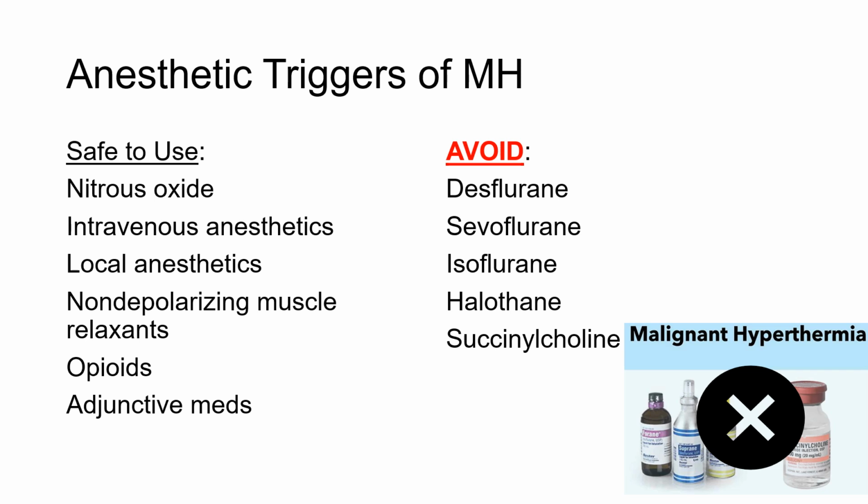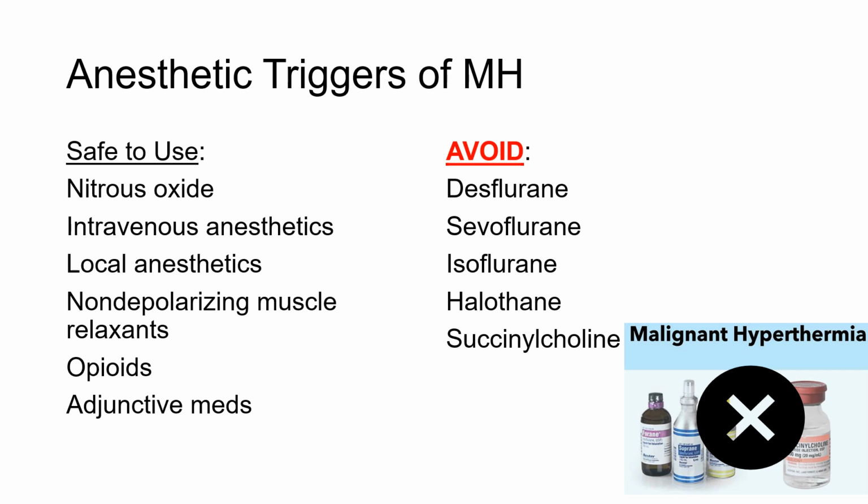So as anesthesiologists, what do we absolutely need to know about anesthetic triggers of malignant hyperthermia in the perioperative period? Well, we know that all of our fluorinated, halogenated, volatile anesthetics, including desflurane, sevoflurane, isoflurane, and halothane, are known triggers of this abnormal calcium regulation within the mutated ryanodine receptors and should absolutely be avoided, as well as our only clinically active depolarizing neuromuscular blocking agent, succinylcholine, which triggers the same pathophysiology.